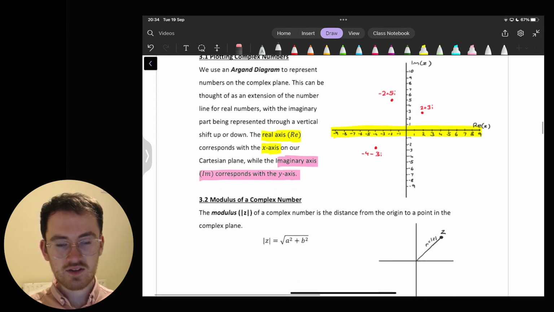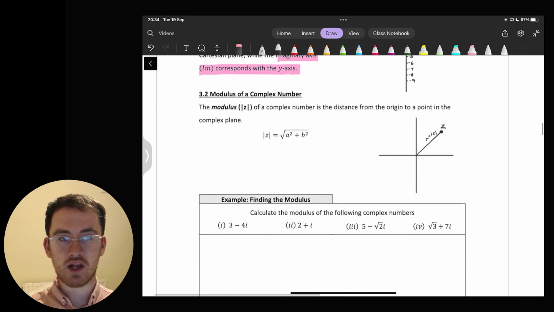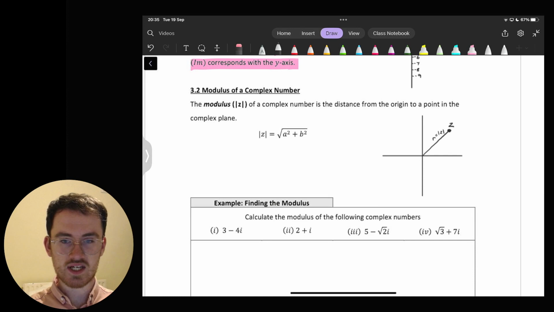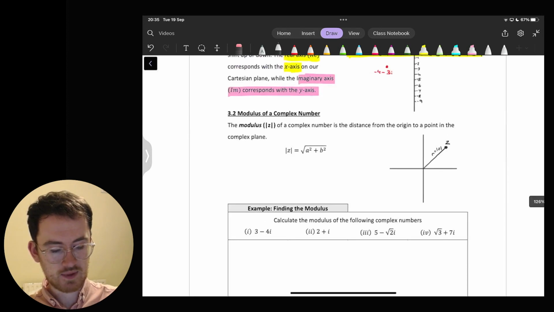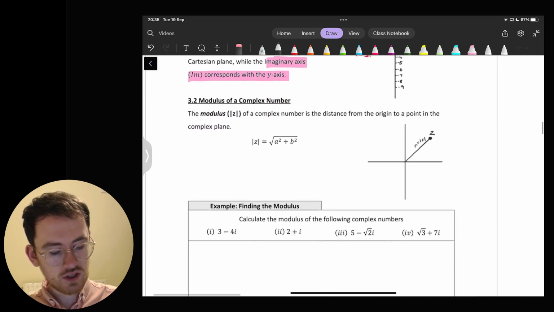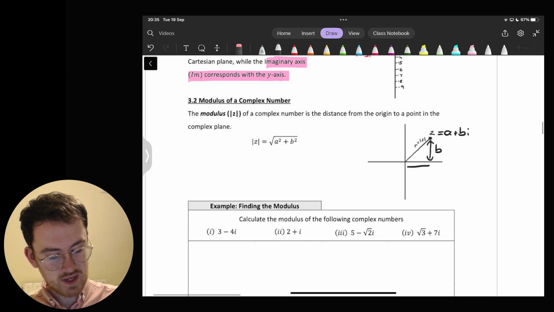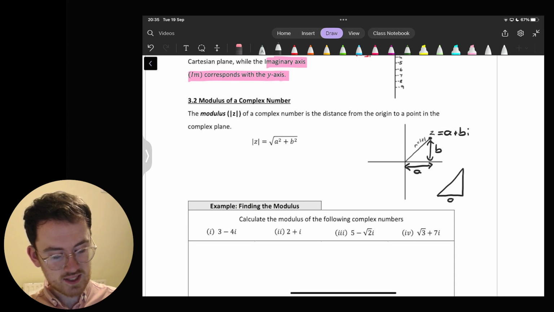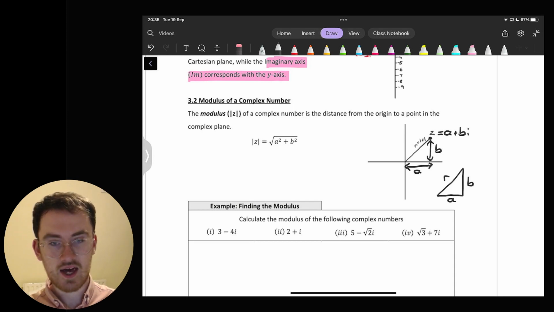So a particular thing that's important about our complex numbers and plotting them is this idea of the modulus. And we've seen this modulus before with this notation of the two lines either side. But in terms of complex numbers, our modulus is the distance from the origin to a particular point in the complex plane. If I said that z was a plus bi, this distance here would be a distance of b, this distance here would be a distance of a, and we can see that what we've created is a right angled triangle,